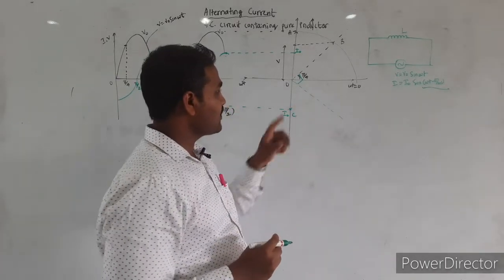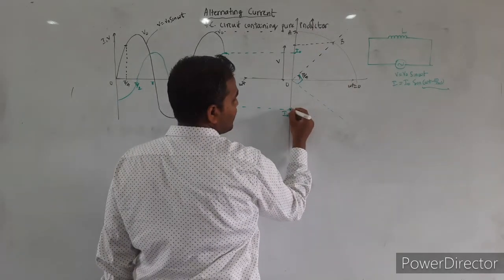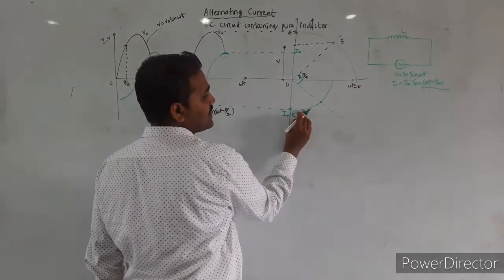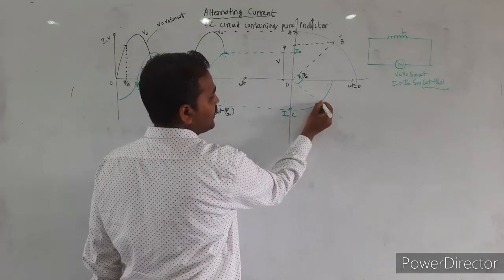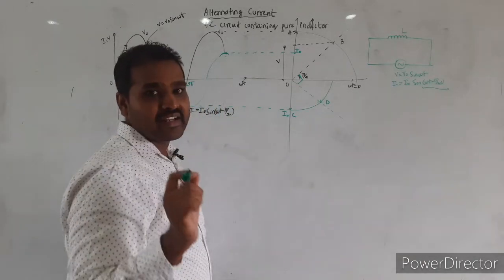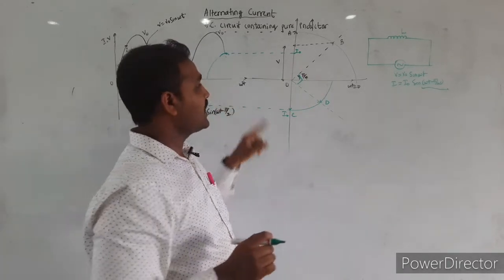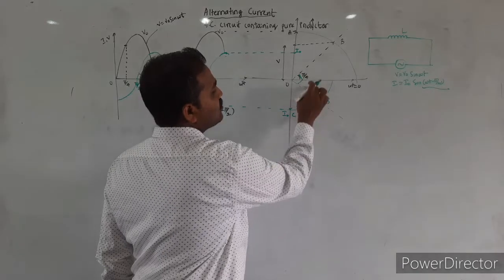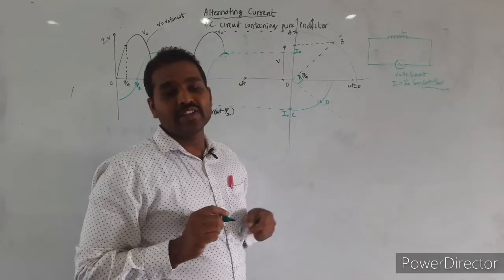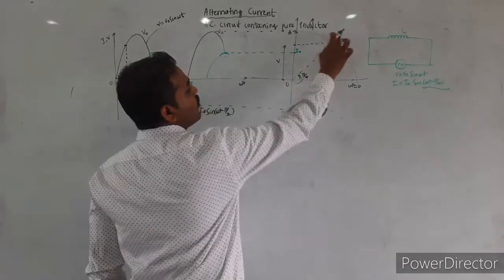And to get the tip of the current phasor, similarly as I did for the voltage, here also I will just rotate this for 90 degrees. The intersection of this curve and this line is somewhere here. Let me write this as point D. So OD is the current phasor, the current vector when the phase angle for voltage is pi by 4. I consider these two lines at a phase difference of 90 degrees, because current and voltage are at a phase difference of 90 degrees. So this O to D is at 90 degrees with respect to O to B.